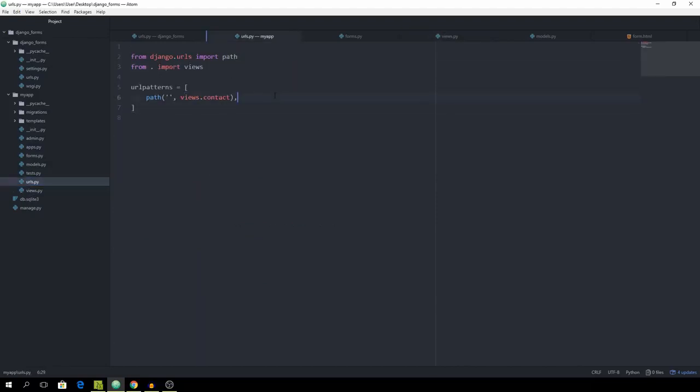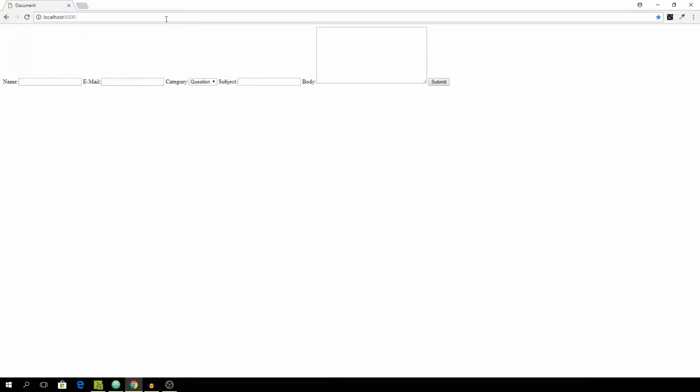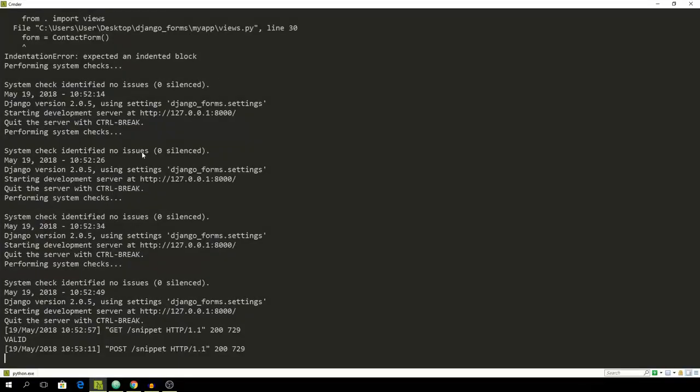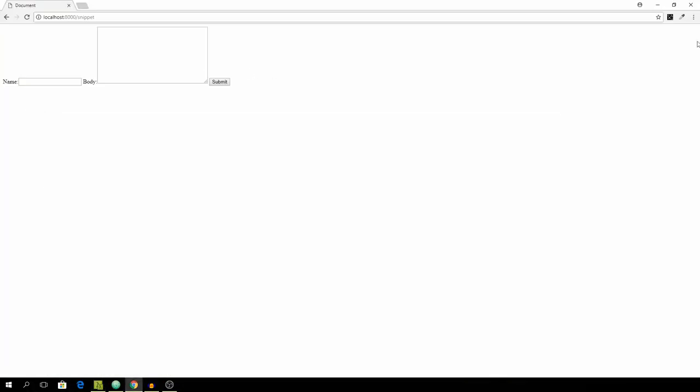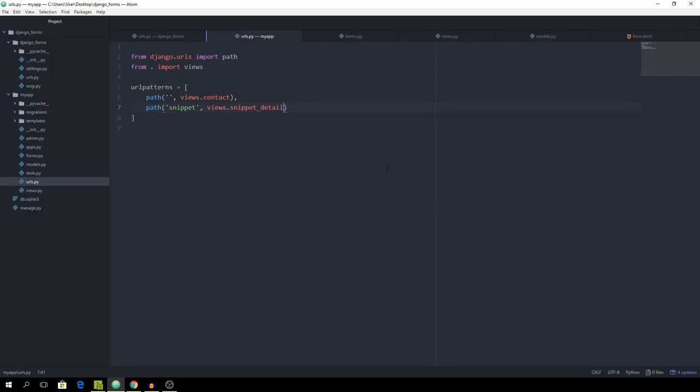And then we can create a new path, and I'll be making this snippet. Now go back into your browser and go to /snippet, and you see a completely new form of course with our same template, and we can specify the name as snippet1 and the body as, I don't know. Okay, and you see valid of course because everything works fine,